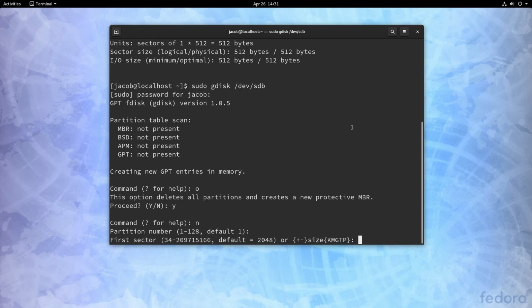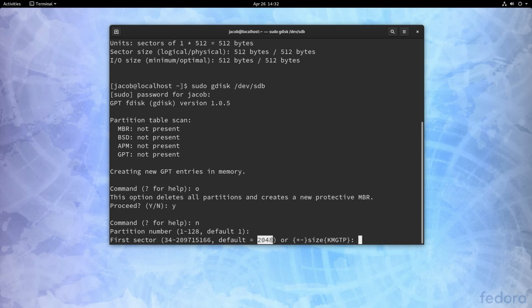Now, a reason that I really like to use gdisk and fdisk more than parted, which we'll look at later, is because it automatically recommends the first and last sector of the drive when you're just creating a partition. So if you just have a drive and you want to make a single partition that utilizes the maximum amount of space, it's very easy. You just don't specify any values here, and we're going to end up with a partition that is the maximum size of the drive. Now, as you can see, the first sector on the drive physically is 34, but the default first sector is 2048.